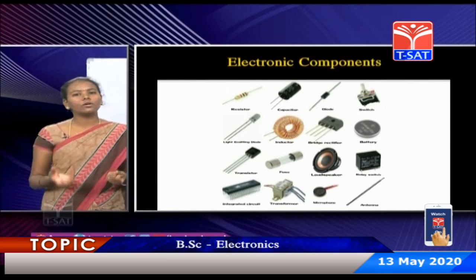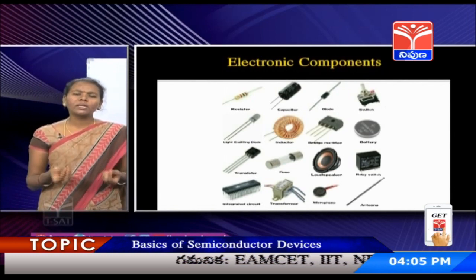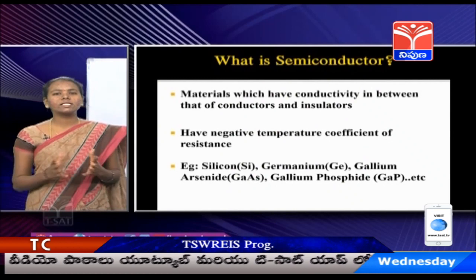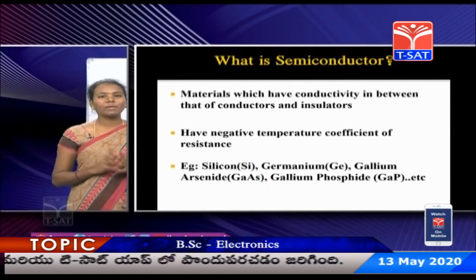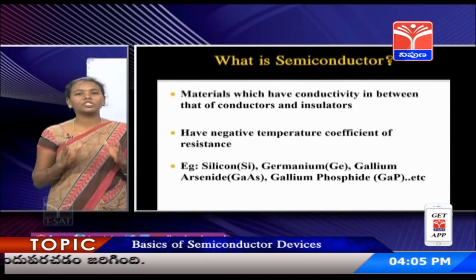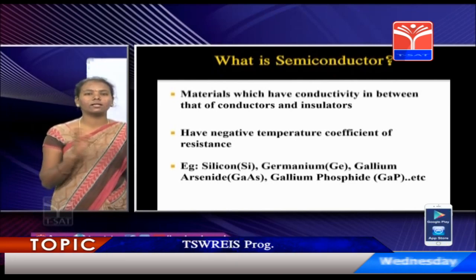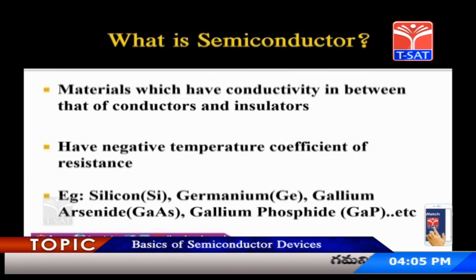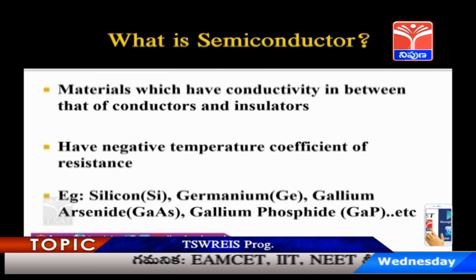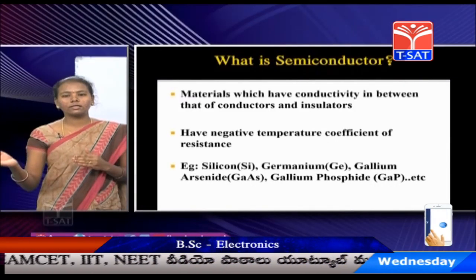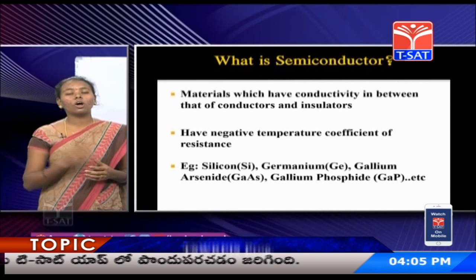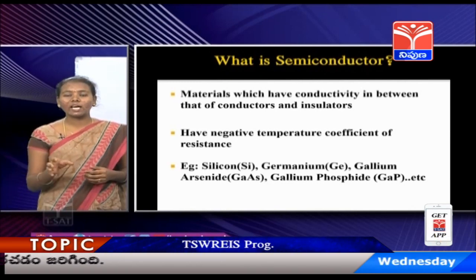Why are we going for semiconductors? What is the main property that makes semiconductors useful in electronics? We will see. What is a semiconductor initially? A semiconductor is a material which has conductivity in between conductor and insulator. In the periodic table, you can observe the elements are divided into conductors, insulators, and semiconductors. Most of the metals are conductors, and there are semiconductors also. The 14th group are semiconductors,